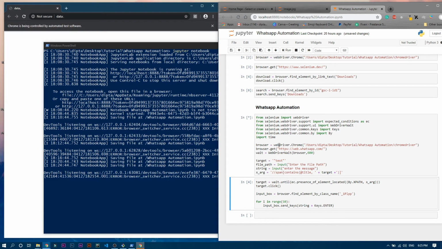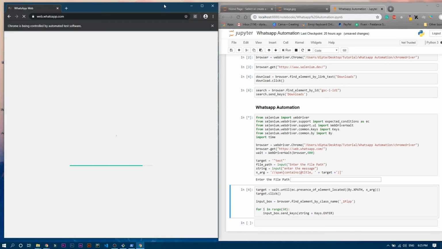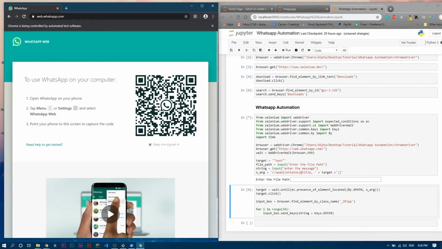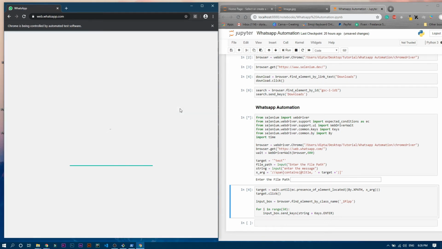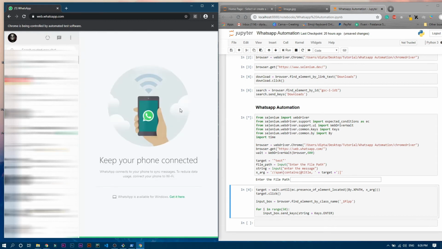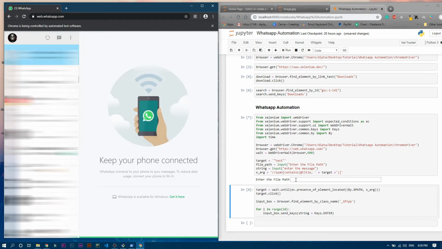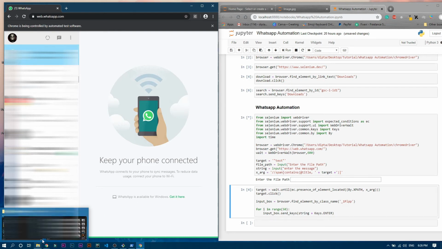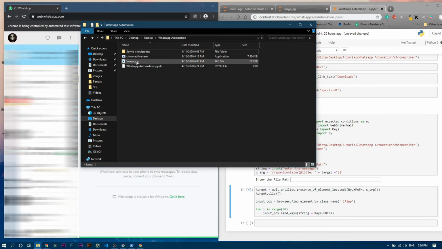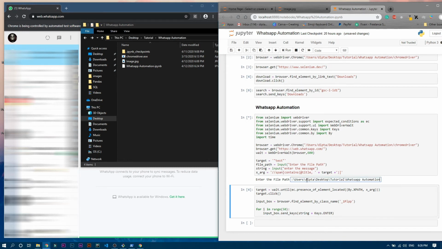Fine, it is now opening in the Chrome automated version, and now here we have to scan the barcode or QR code. Yeah, fine, scanned successfully, and now it will open. You can clearly see it is asking me to enter the file path, right? So we actually need to put the path over here. So the image name is, let me just copy it over here, copy the file path, paste it over here, and let me remove this one and use forward slash, because you already saw it uses the forward slash, not the backslash.